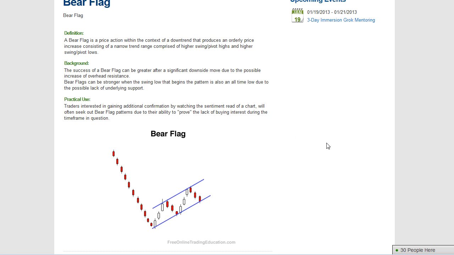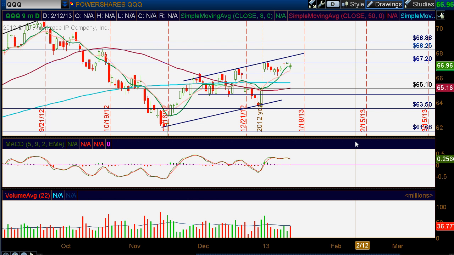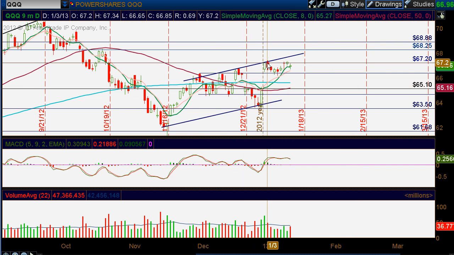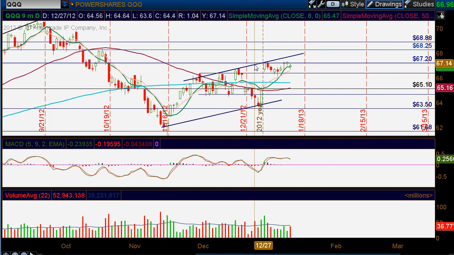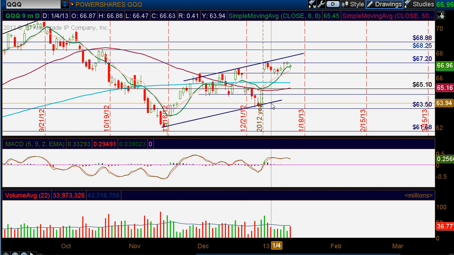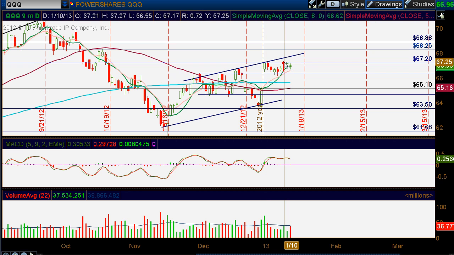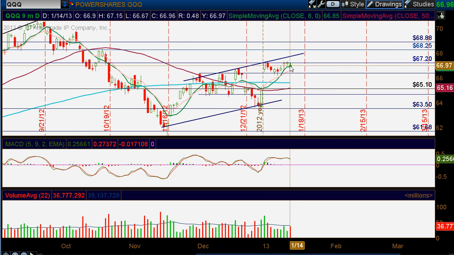All right, that's enough about chart analysis on the website. So let's get back into our Q's chart. So let's see what happened here today. Wow, look at this. We are still trading in that high trading range right here in between those two trend lines, those blue trend lines, the area of resistance up here and then the area of support. And as you can see, we are stuck at this area of resistance up here, 67.20, which we've tested so many times. 1, 2, 3, 4, and we are finally giving up, kissing it goodbye,